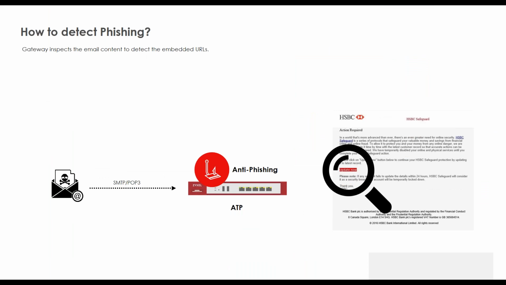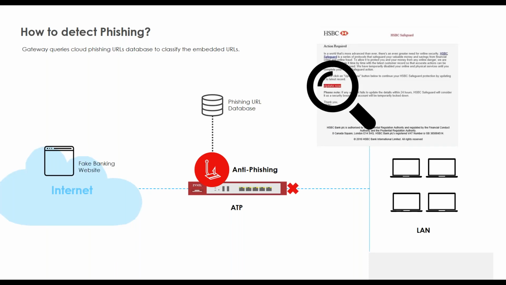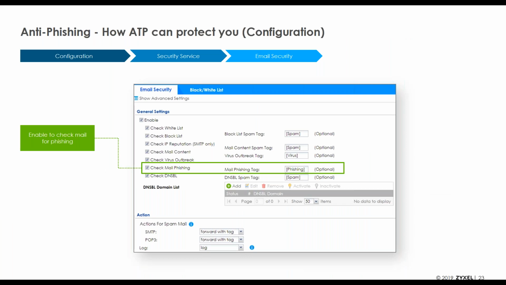So how to detect phishing. When an email comes in, for instance, the gateway will inspect the content of it and detect any embedded URLs. Then it will correspond this to the Cloud Queries database of URLs and classify whether or not it is malicious. What you can do to enable this is go into Configuration, Security Service, and Email Security, and you can enable it. You can check the whitelist, the blacklist, the IP reputation for SMTP only, check the mail content, check virus outbreaks, and